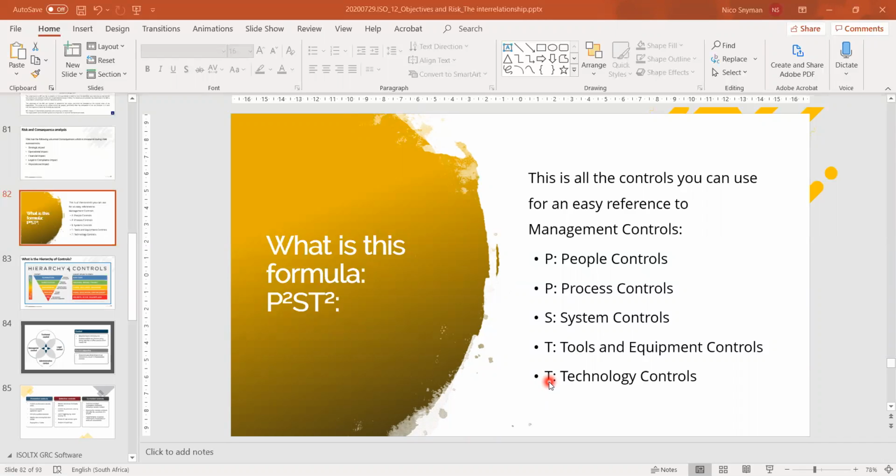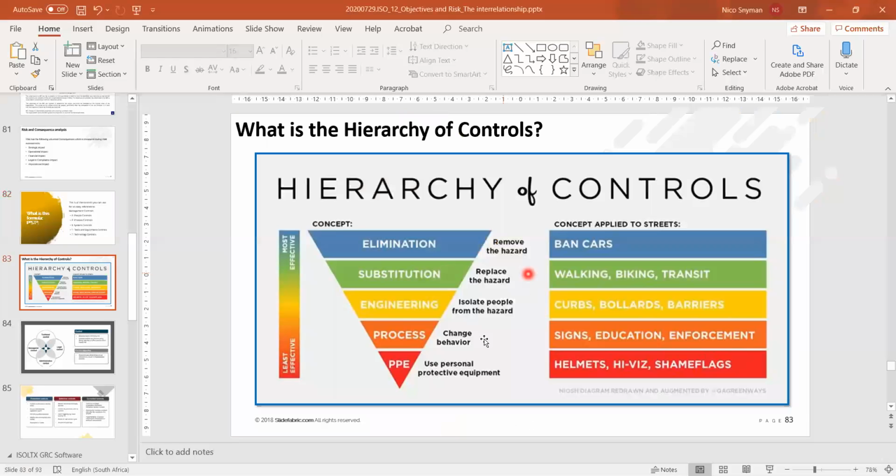What is the temperature of that person? So technology is now making your control processes much easier. Now, if you're looking at all of these, this is actually going over into the hierarchy of controls. And if you're looking at risk management, the control process that you have just after your inherent risk rating,